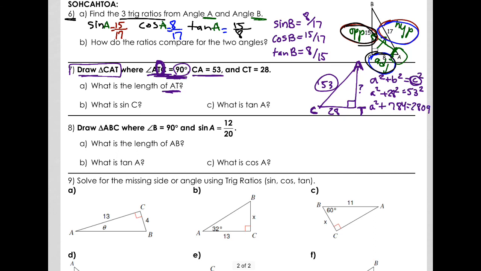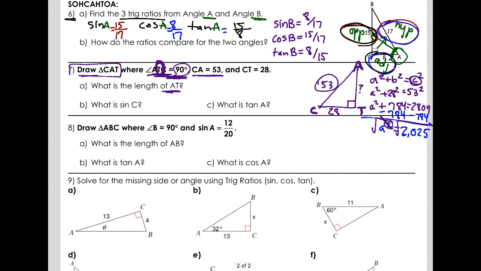2,809. Squeeze it in there. So now, to get A by itself on one side of the equal sign, we subtract 784, and we get that A squared is equal to 2,025. So remember to get rid of the squared that's on the A, because you need A all the way by itself. You take the square root, because those are inverses,